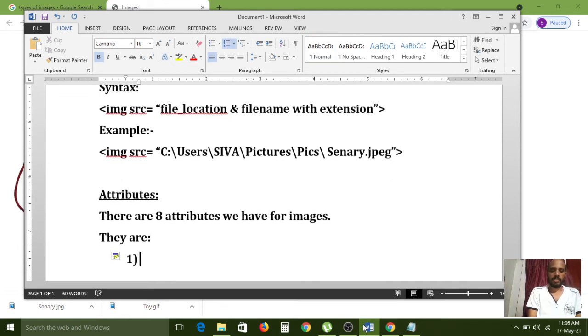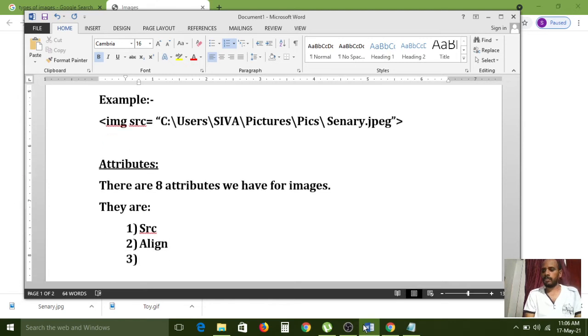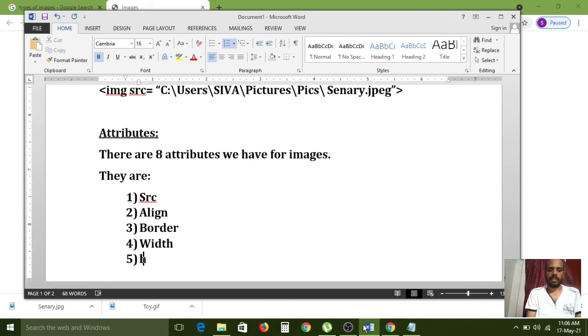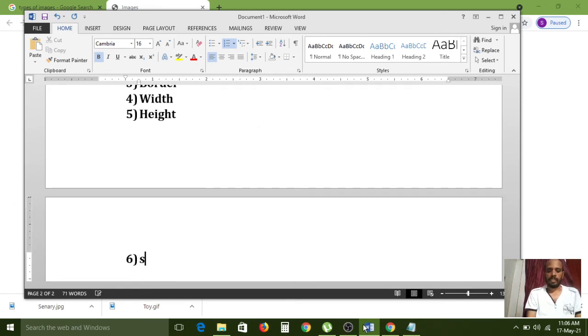One src, second one align, third one border, fourth one width, fifth one height, sixth one hspace, seventh one vspace.